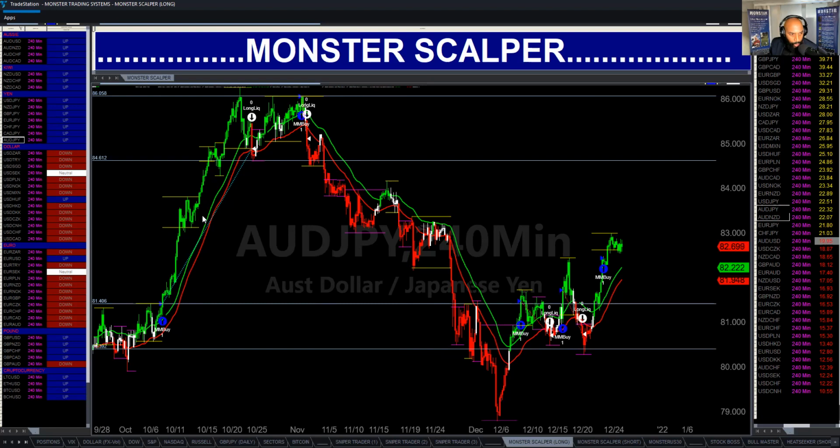So price is no longer moving above that moving average. It's now in between the moving averages here. So guess what? Price came back down. Okay, so think of price once it's hitting the moving averages. It could turn either way to the upside or to the downside based on where we are in the 4